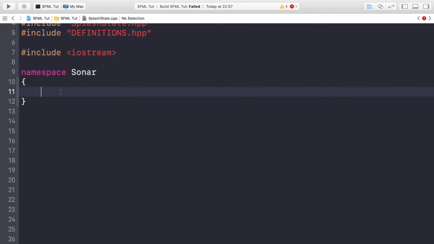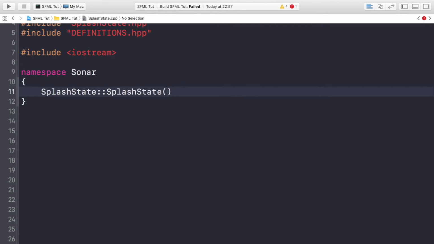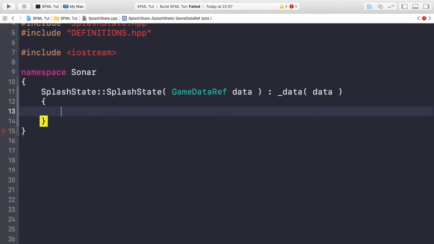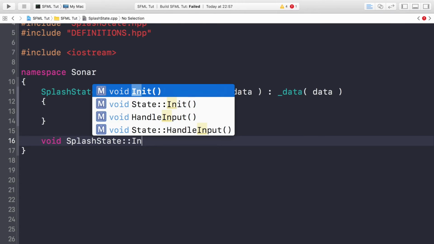First method that we're going to implement is the splash state constructor, splash state, and this takes a parameter of the game data ref data, and this is going to have an automatic assignment to the data reference in our class, and just assign it like so. Now we're going to implement the initialization splash state method, so void splash state init,